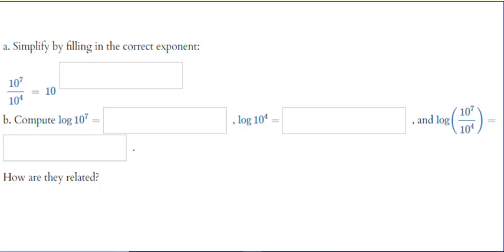Chapter 5, Section 4.3 and 4.4, Part 2 video. We're continuing on looking at exponential properties compared to log properties and so forth. So the first thing we're looking at is